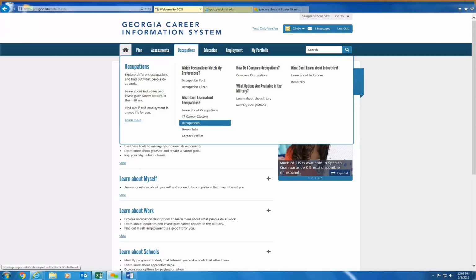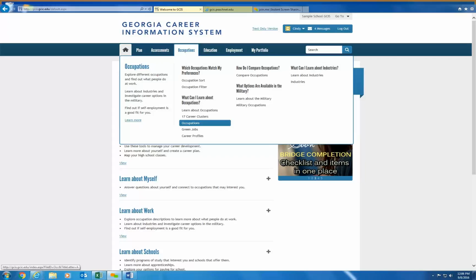So in order to get full credit, your students will have to have a total of 6 occupations saved for that benchmark. So again, let me reiterate. To get full credit for that ninth grade requirement, your students will have to save 3 additional, which means that they need to have a total of 6.